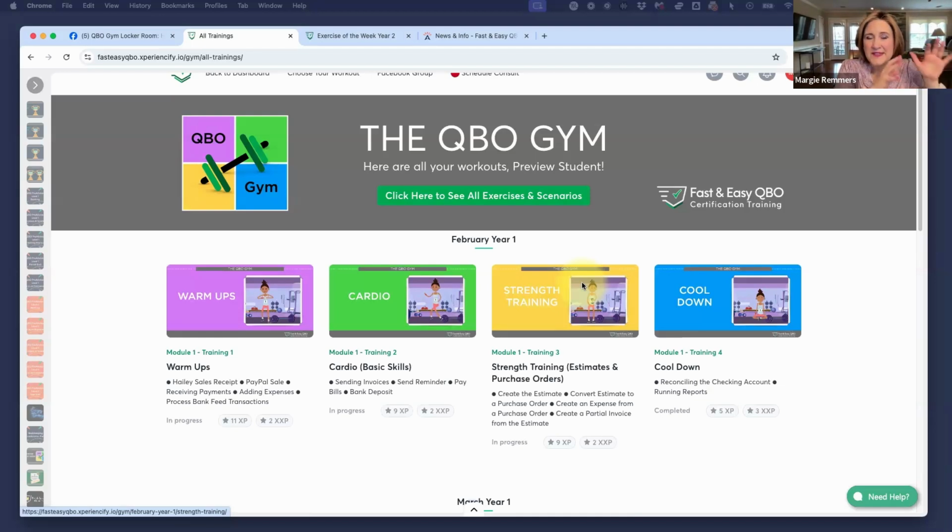But all of this is tied to Booksmatch, our proprietary dashboard. Everybody that has any course with us gets Booksmatch. That's how you access your courses. But if you are a subscriber to the QBO Gym, it's also going to track your